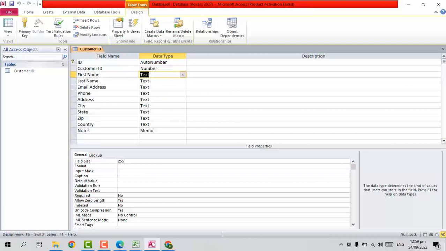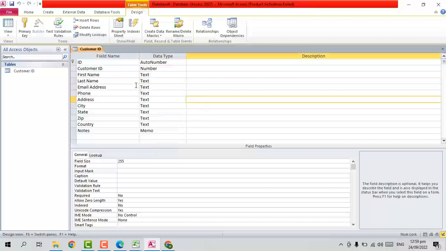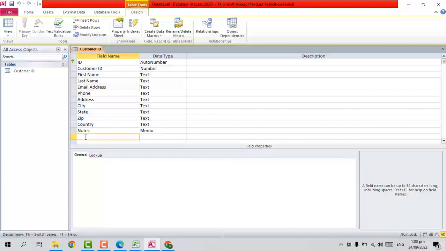But then we could have different kinds of data types that could be more suited to email, but we can get to that in different topics. But right now, this is the design view, and you can also specify more fields and choose their data type from here. Now let's get back to the